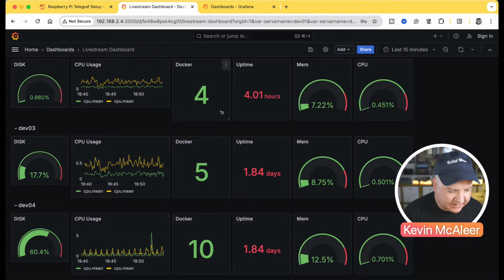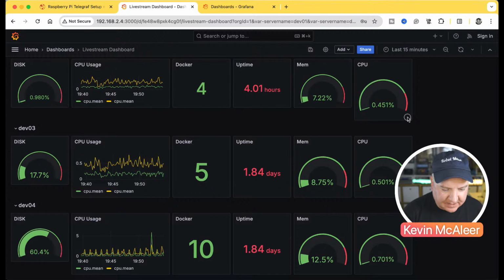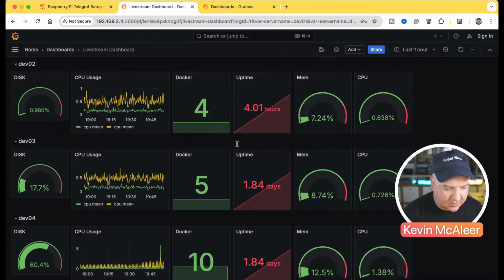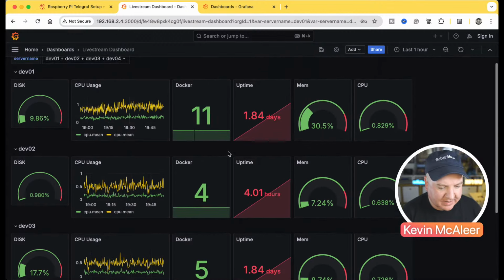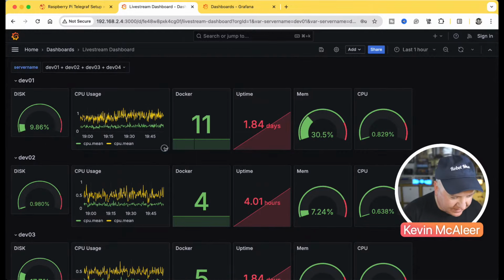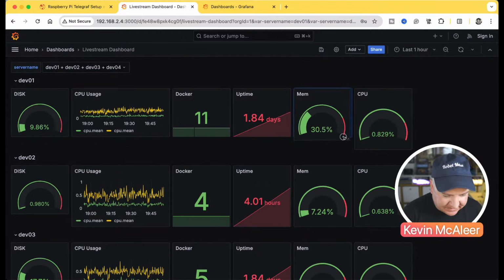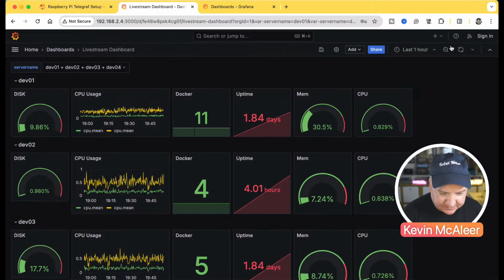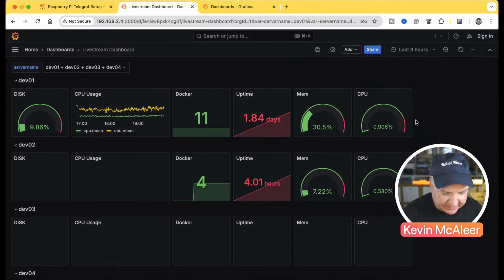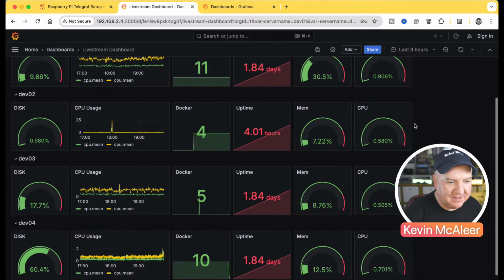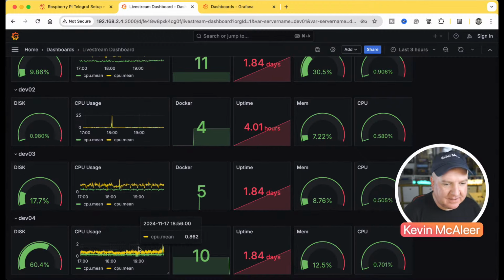And we can even shrink these down a bit further to make our rows a little bit tighter together. Just need to update the time. There we go. And we can almost see them on one page now. We could probably shrink them down even further to make them fit on a single web page. Let's just change that to the last 3 hours. There we go. Look, we can almost see them all at the same time. And we can see therefore that Dev04 has been pretty busy. And